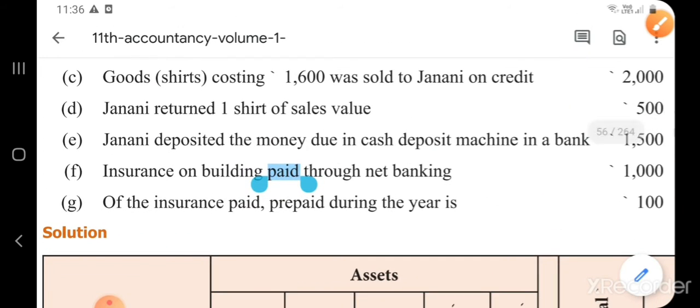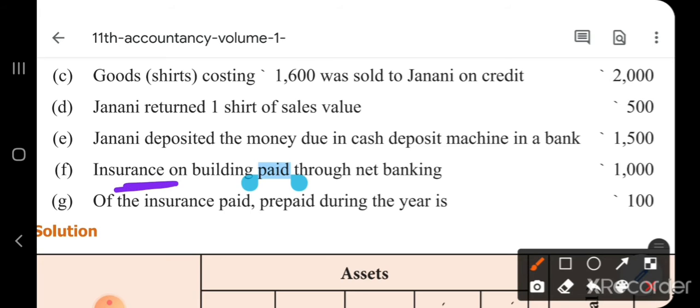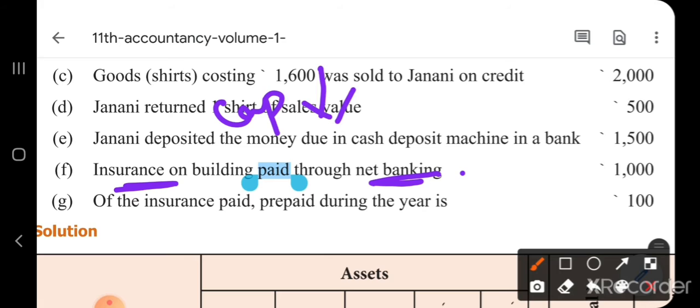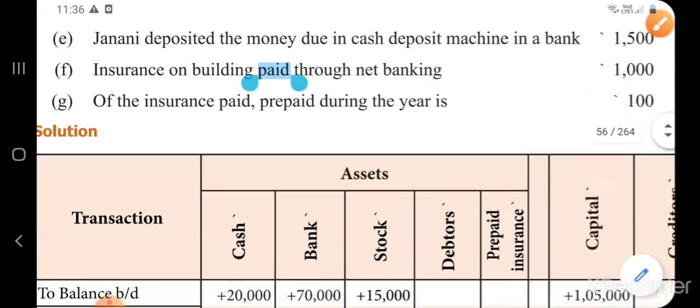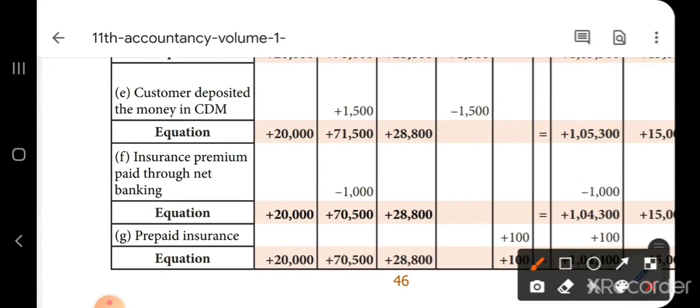Insurance on building paid through net banking. When you pay the insurance, what are the two accounts involved? Insurance account and net banking means bank account. When you pay the insurance, okay, insurance is an expense, so it will reduce the capital. Okay, and the payment is made through net banking. That means in bank the balance will get reduced when you make some payment. Okay, so capital will reduce by 1000 and your bank will also get reduced by 1000. Okay. Next is